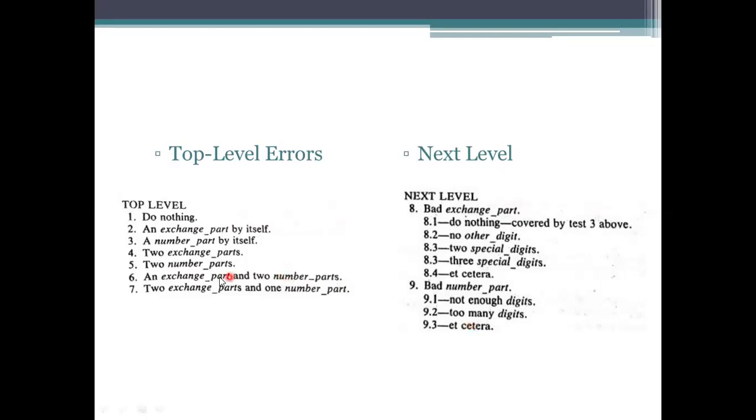If you see the exchange part and the number part, it's not like that. It is the exchange part and the number part only. So we are changing the grammar here. We are taking the exchange part consideration and the number part consideration, so the definitions of the exchange part and the definitions of the number part. It consists of digits. Now we are not providing any digits to that one. If we provide, we do 2 and then special digits, and then 3 special digits, like that we are processing.